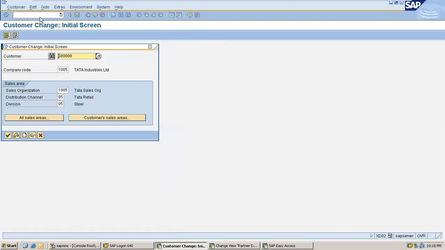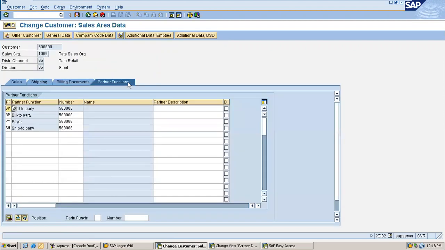Go to HD02. This is the customer I have created now, 5000000. Enter. Go to the partners tab. See here, the same number is copied to all partner functions. That means whatever PDP I have configured now, the new partner determination procedure and prerequisites are working perfectly. So that is the conclusion.